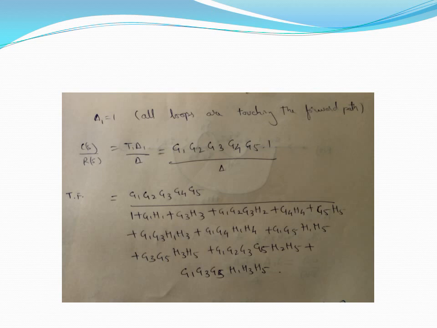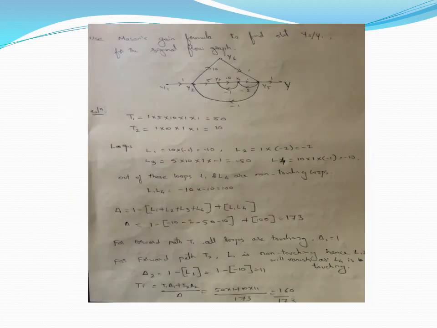So this is one example. Here I have considered a signal flow graph having a combination of two non-touching loops and a combination of three non-touching loops. Just go through this and you can solve different types of problems in the textbook, which have combinations of two loops and combinations of three loops. You can get back to me if you have any problem. We'll move to the next slide.